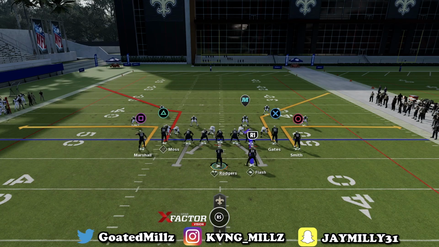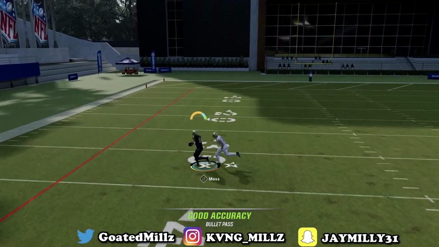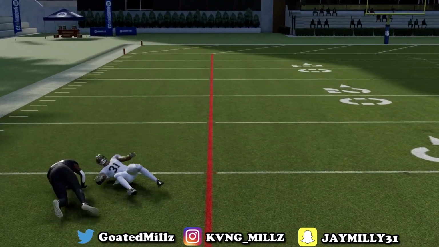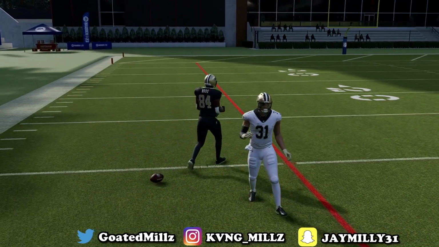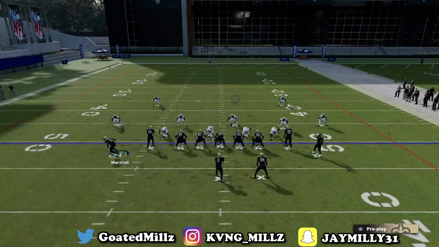Next, let's look at the corner routes. The corner routes are mainly for man coverage. Like right here, if you see man coverage, boom, you can throw triangle off the cut, and it will be an easy completion. But to make the corner routes open versus zone, all you want to do is motion out